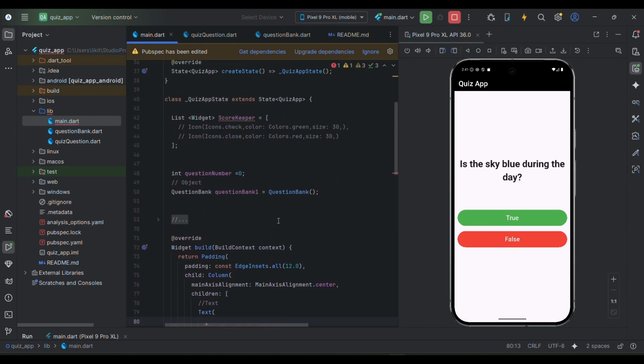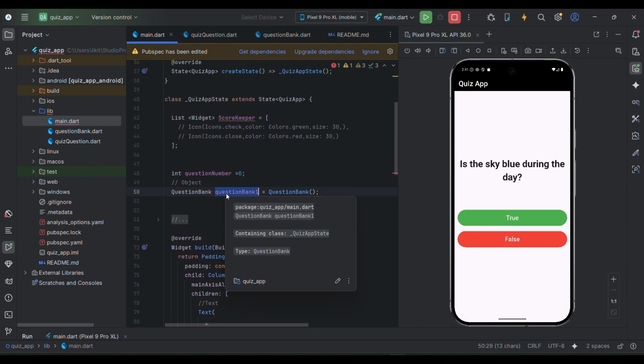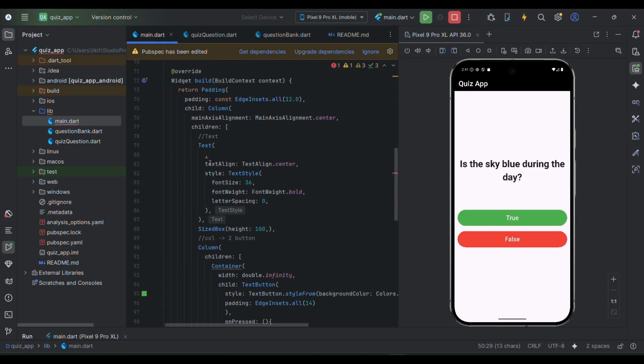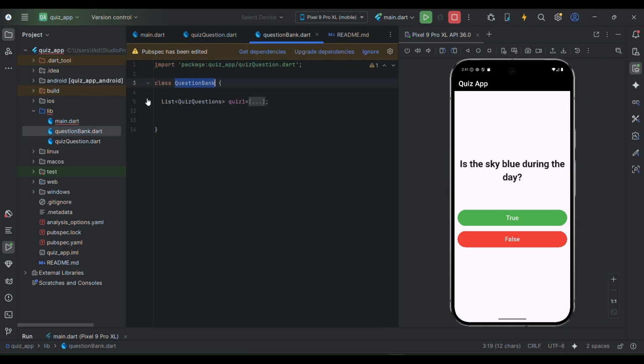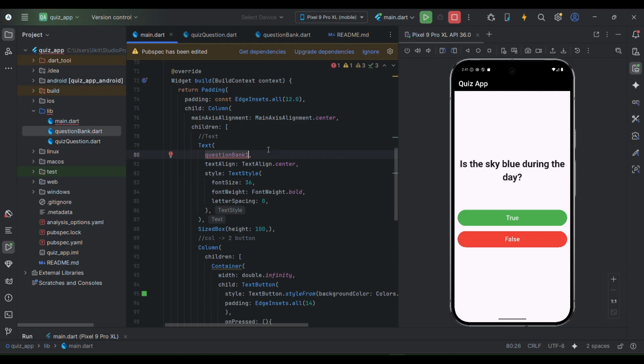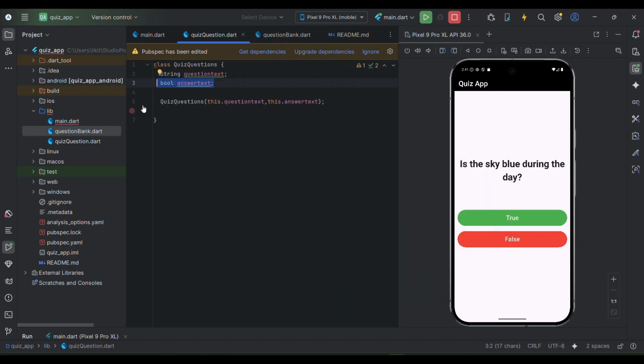Okay, let's go back here. I am able to access an object of the class called question bank 1. This is the variable I have given, so I'll write question bank 1. And what we want from question bank 1 is to access this quiz 1, right? How can we access it? Using dot notation. I'll use quiz 1, and inside this quiz 1,